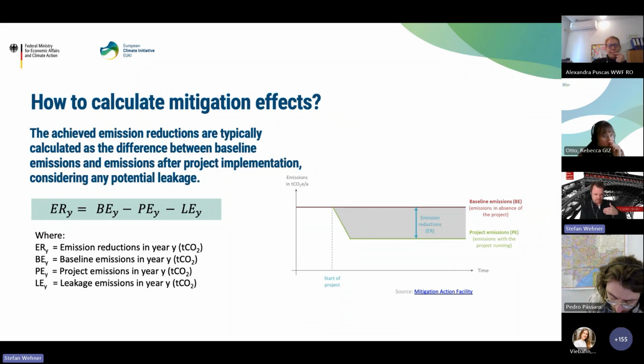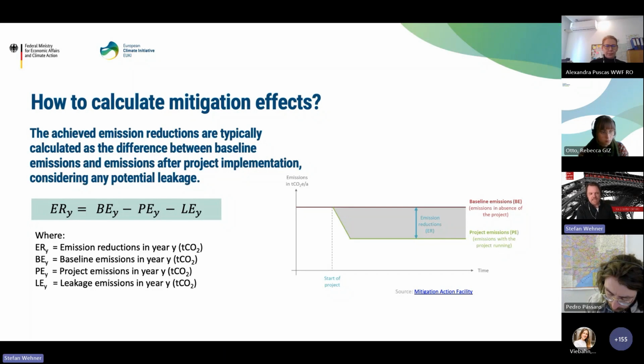So that could typically be the continuation of the current situation. And we have a situation after the project implementation, where we typically have reduced project emissions. There could still be project emissions, or they could be zero, depending on the technology. So this comparison or this distinction is the key